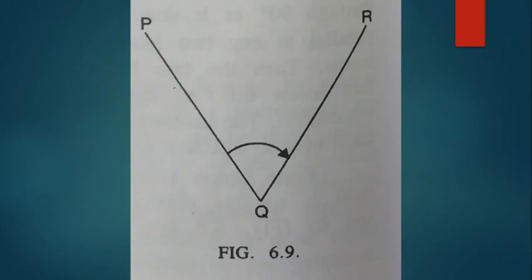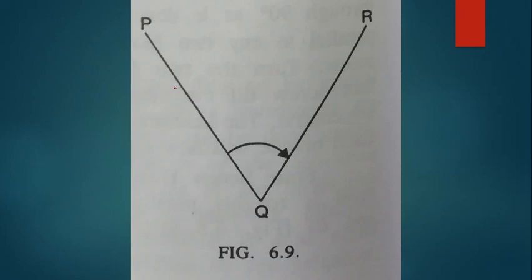Now for this, loosen the lower clamp and turn the instrument towards the signal or ranging rod at P. Since both plates are clamped together, the instrument will rotate about its outer axis, and therefore there will not be a change in the reading. That means the reading will be as it is at 0 degrees without changing. Now bisect P accurately using the lower tangent screw only, so that the reading will not change.